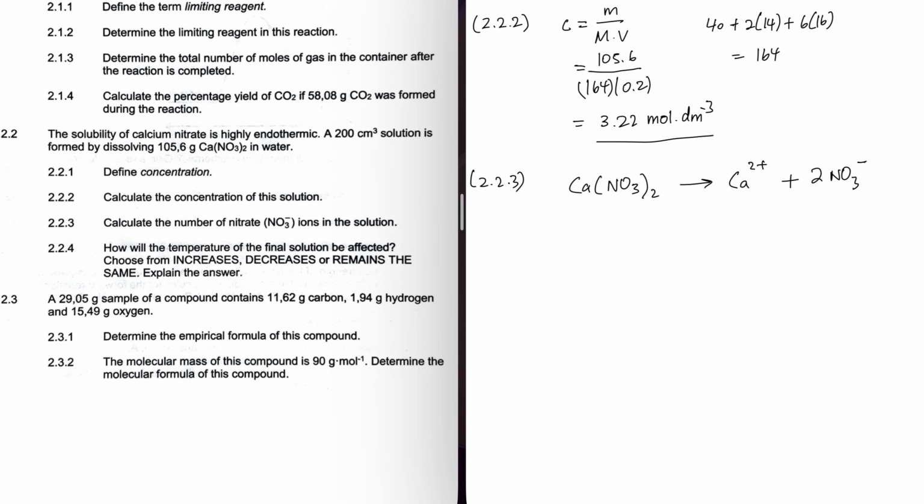So if we can calculate the number of moles here, which we can, then we can calculate the number of atoms or formula units. So let's calculate the number of moles of calcium nitrate. Number of moles is equal to C times V. So 3.22 multiplied by 0.2, and that gives me